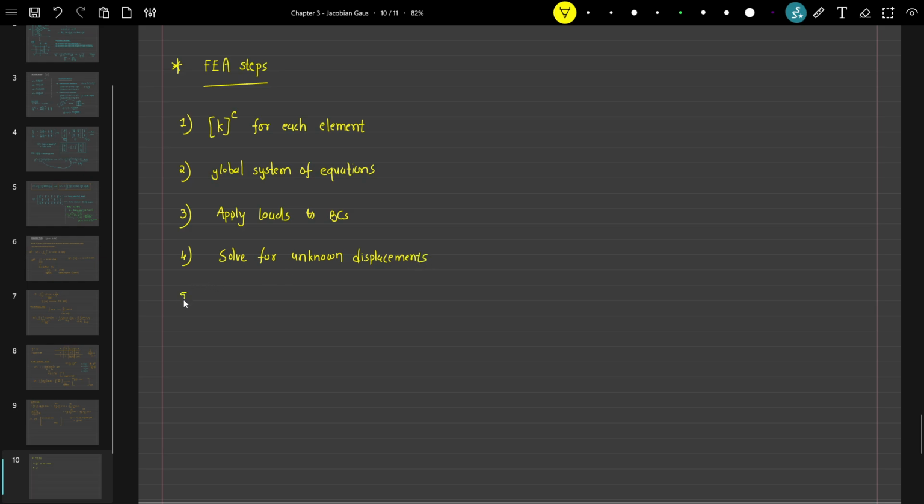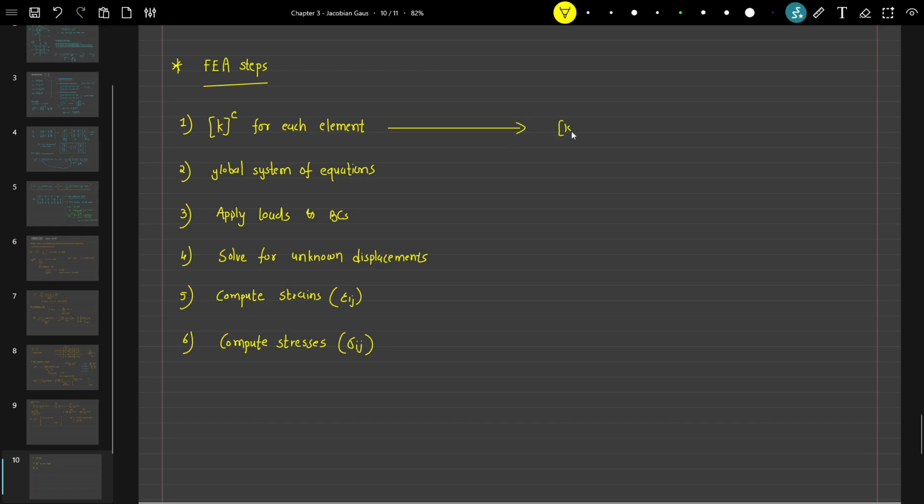Next step is to derive other quantities, like compute strains from the displacements. Then from strains we can compute stresses. These are our steps. Now let's talk about the first step, which is